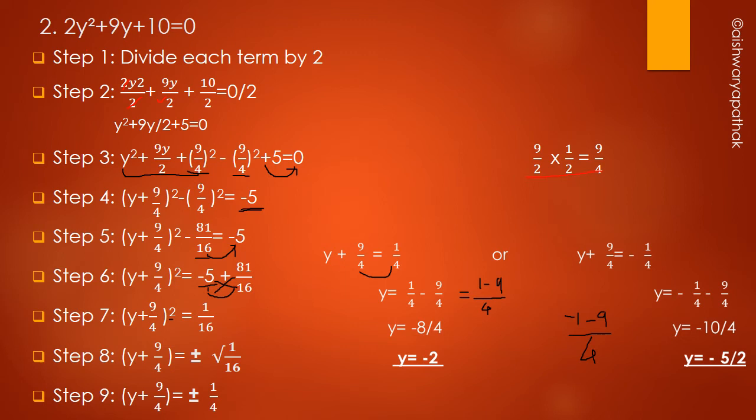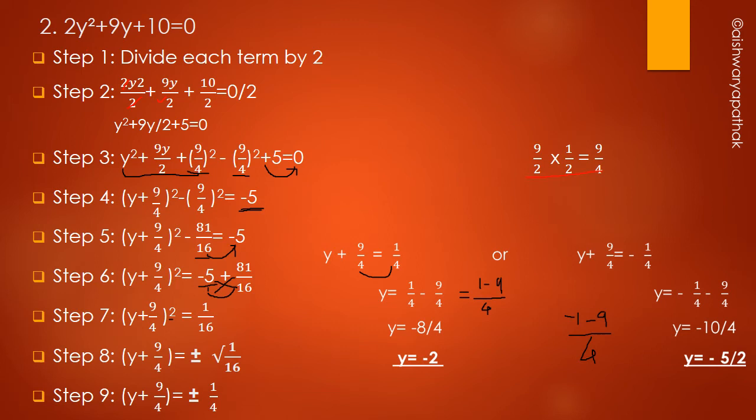Yeah, in step 9, here 1 is the square of what? Yes, it is the square of 1 only. 1 is the square of 1 and 16 is the square of 4. That's why the under root sign has cancelled here, because 1 is the square of 1 and 16 is the square of 4, and plus minus remain as it is. Then next, remove the brackets, and one time you will take this 1 upon 4 as plus 1 upon 4 and one time you will take minus 1 upon 4.